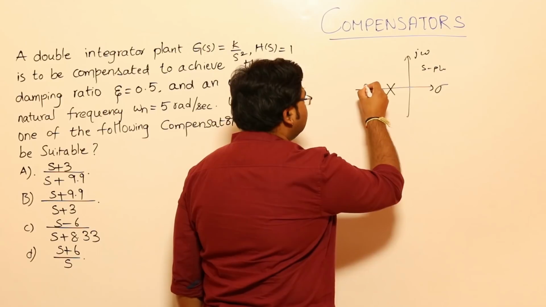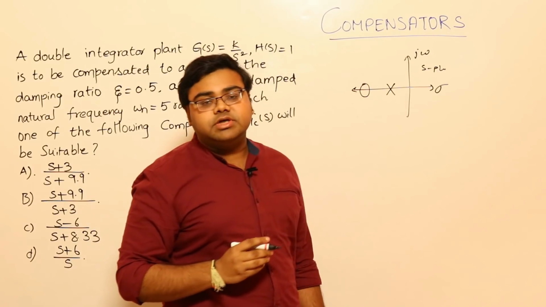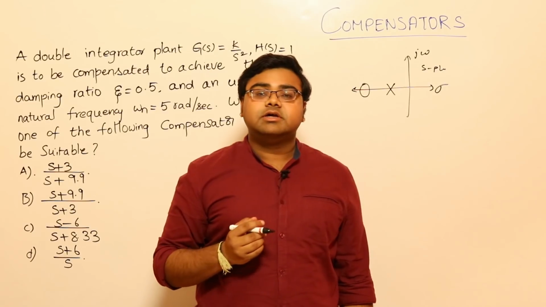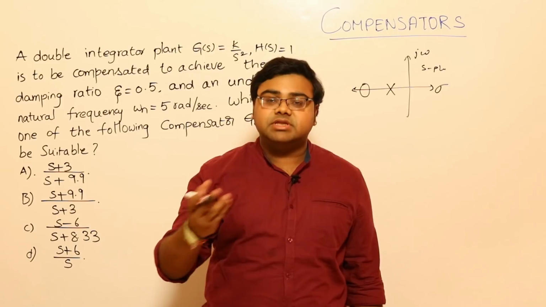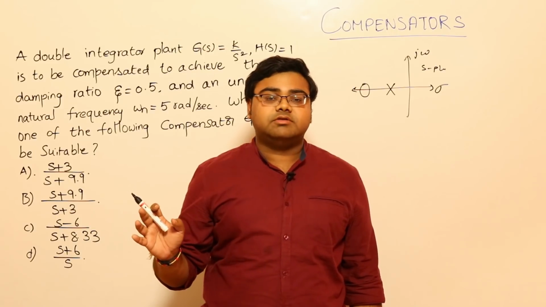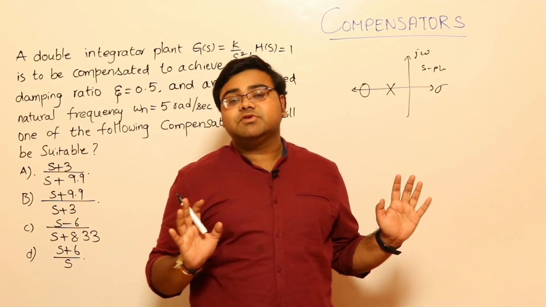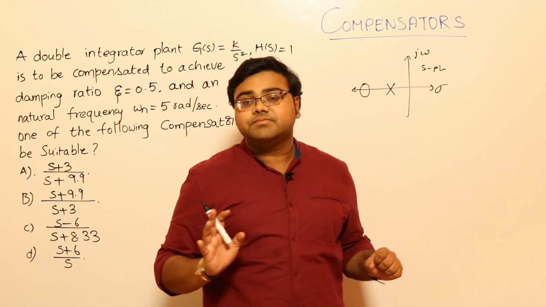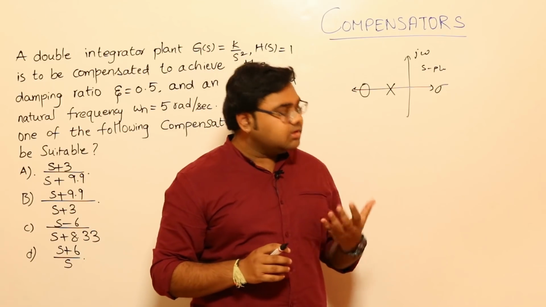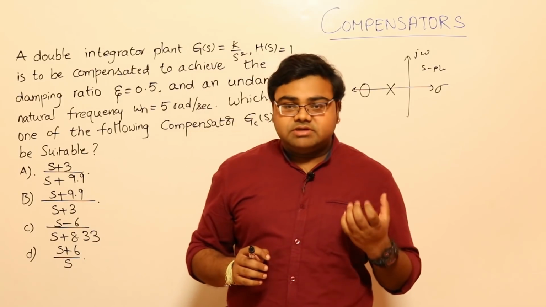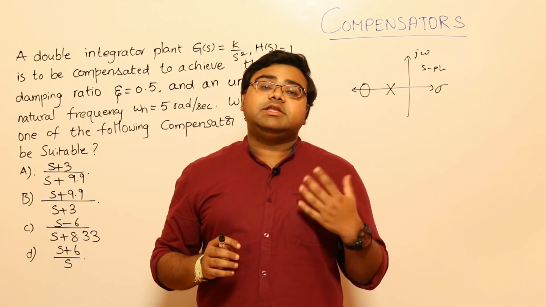This is my pole, this is my zero. I will randomly ask you whether this is a lead compensator or a lag compensator. Suddenly the people who are feeling that control systems is easy and they can score full marks will get caught here. Why are they getting caught? Because the confusion was there and it was not touched properly. So to remember that, there is a method. We don't like poles very much because poles will induce instability in the system. We like zeros a lot.